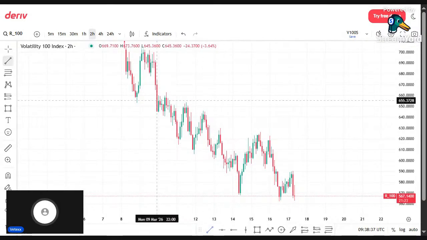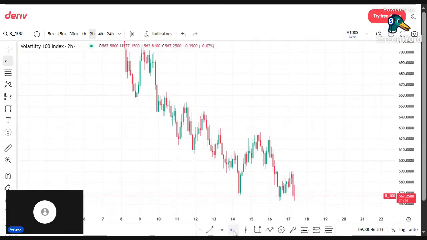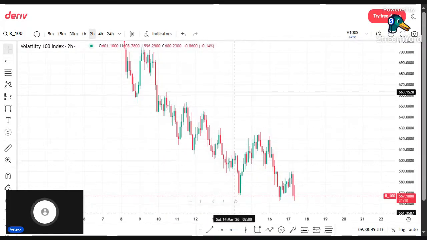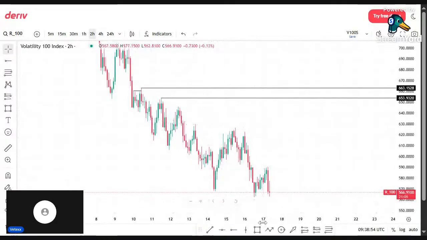So this is the sweep of liquidity here. We have protected high here, and then we have structural liquidity, which is here. So this is our point of interest